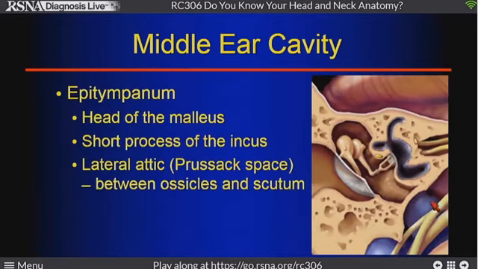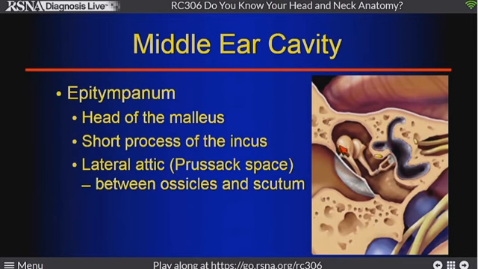And the epitympanum and the roof, again, if we draw a line from the tip of the scutum over to the tympanic segment of the facial nerve, above that is the epitympanum. That's where the ice cream cone is. The ice cream scoop is the head of the malleus, the cone is the short process of the incus. The space between the head of the malleus and the scutum is often referred to as Prussak space. That's technically not actually what the otologist named Prussak described. He actually described the space between the top of the TM and the neck of the malleus. But we often call the lateral epitympanic recess the space between the scutum and the head of the malleus. And that's where a pars flaccida retraction pocket cholesteatoma often occurs.